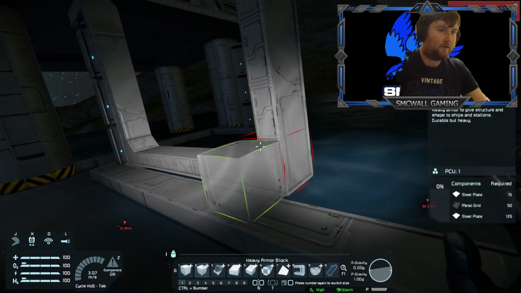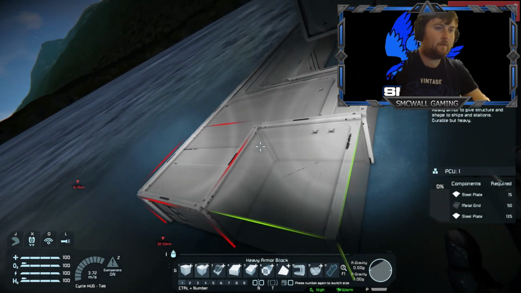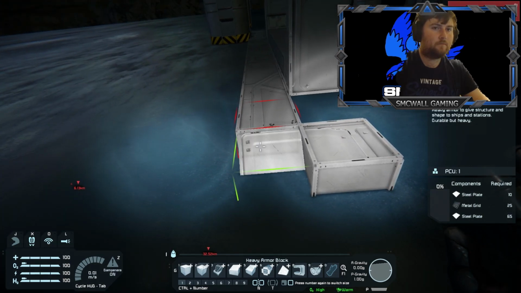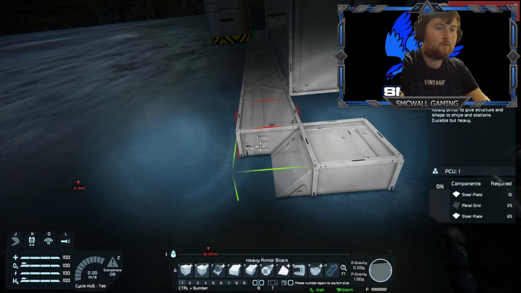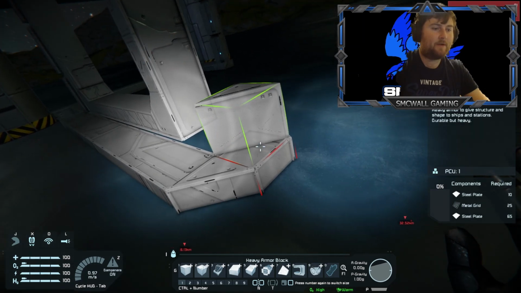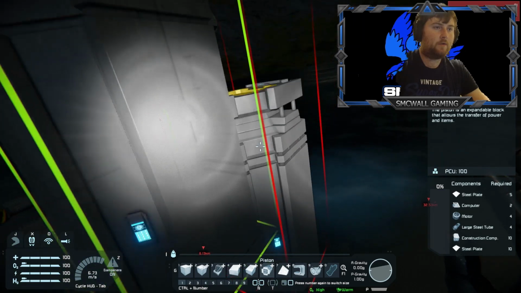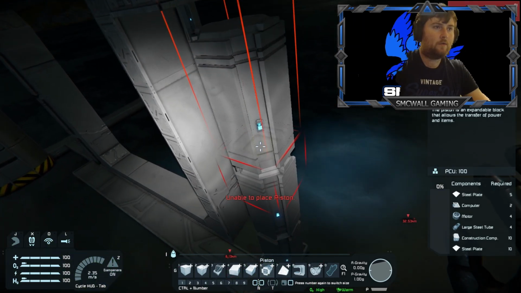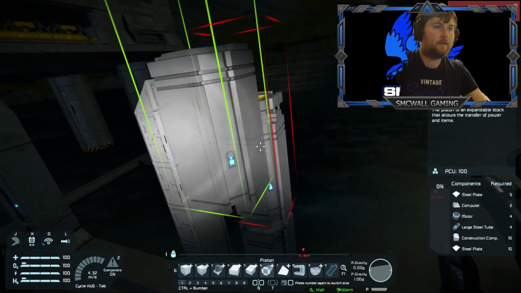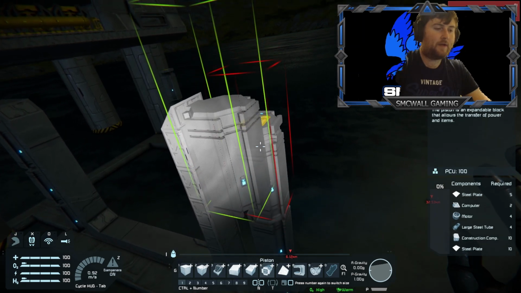To which then we'll have another set of pistons coming out here, like that there, where you'll have another set of pistons on it. 1, 2, 3. And the way to merge that to that